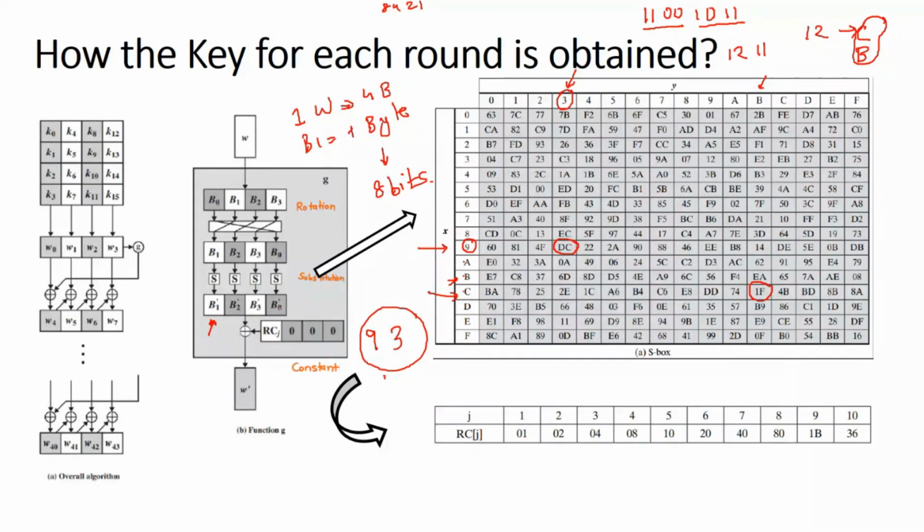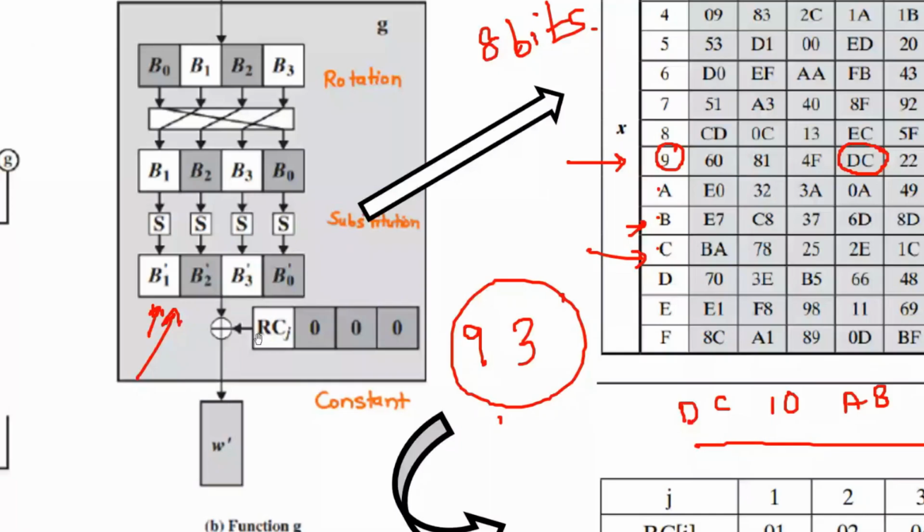Okay. So for example, I got DC 10, for example, or it could be AB, or for example 15. So suppose I got this value after this substitution step. Okay, after substituting all four together, suppose I got this answer. Now what happens is that entire value goes through XOR. If you see this, that entire value goes through XOR operation with this term, that is